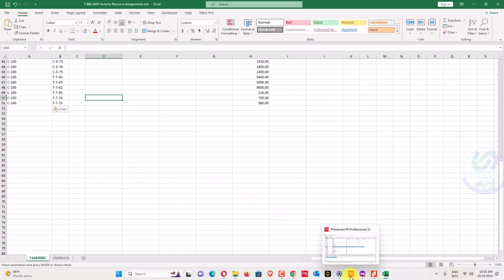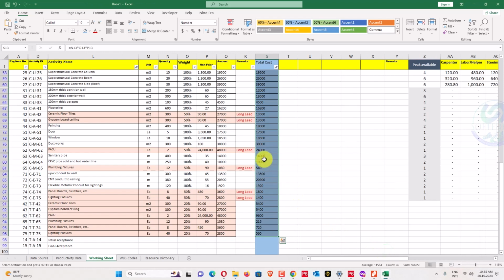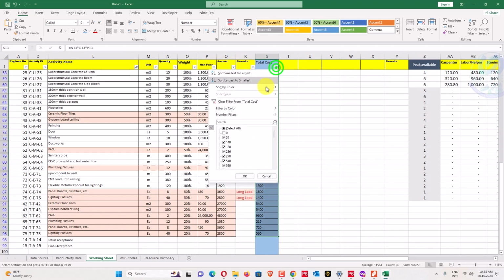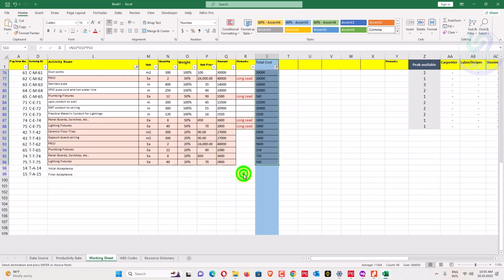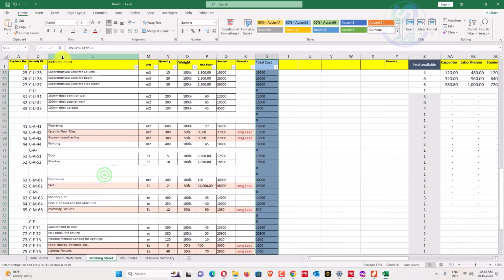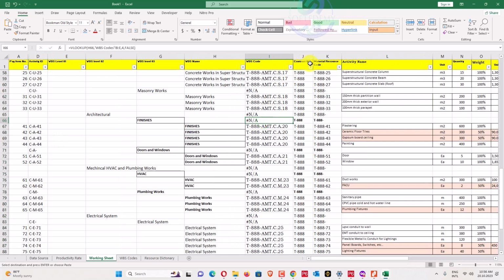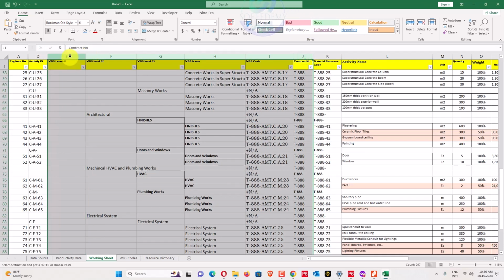Now the next step is I have to add my material resource. For the material resource, I will remove this one and this one. I need the material ID. Unhide. Where is the material ID? This one is the material ID.